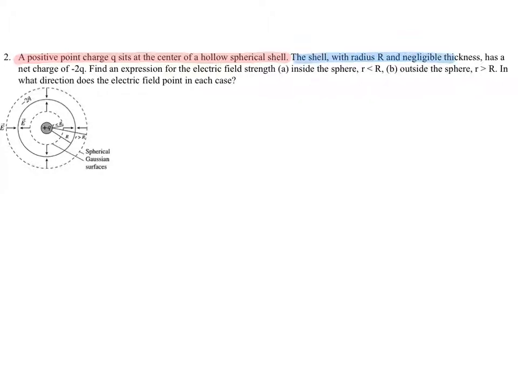The shell has negligible thickness and a net charge of minus 2Q, and we want to get a number of things: electric field inside the sphere, outside of it, etc. We should note that the electric field is also going to be perpendicular to the area at all points on the surface. And this will be common with the way that we're approaching these Gaussian things. So let's look at part A